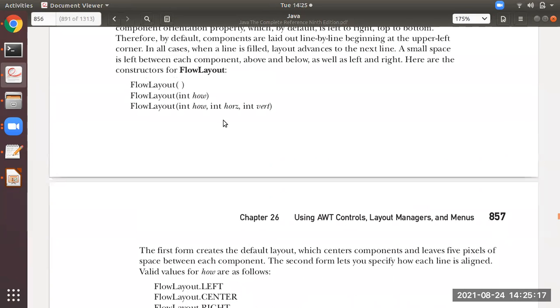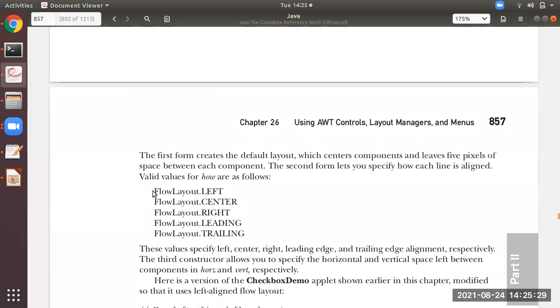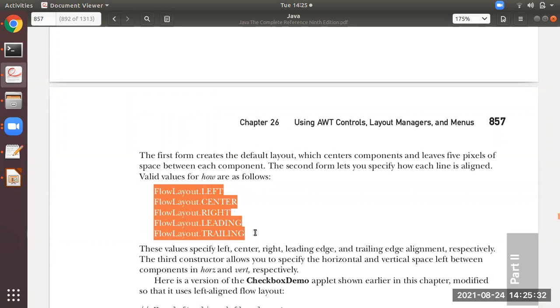The parameter will have these valid values: left, center, right, leading and trailing.